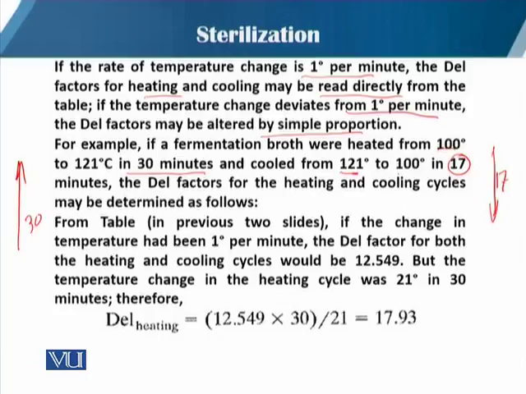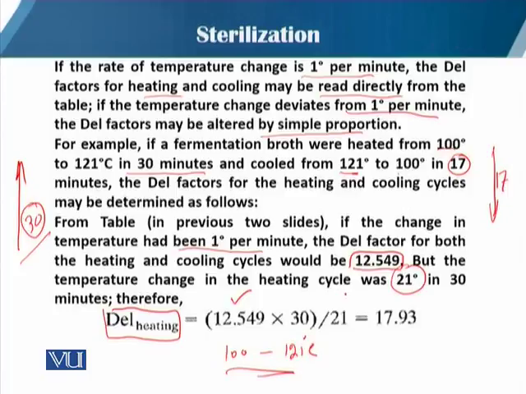From the table, if the change in temperature had been 1 degree per minute, then the Del factor at 121 degrees Celsius was 12.549. But the temperature change in the heating cycle was 21 degrees in 30 minutes. Therefore, the Del factor is multiplied by the time utilized to raise the temperature to 121 degrees Celsius. In 30 minutes the overall rise in temperature is 21 degrees. Dividing by this 21 degrees, the Del factor of heating is actually